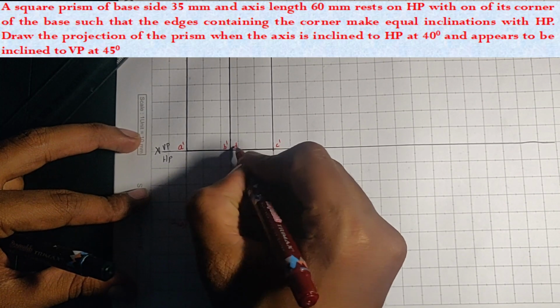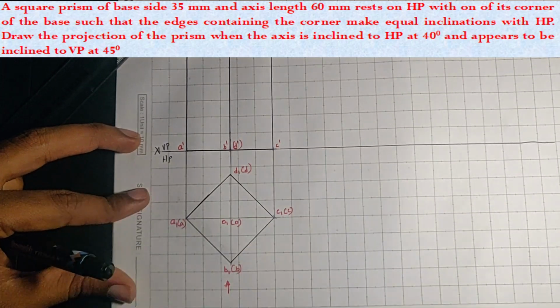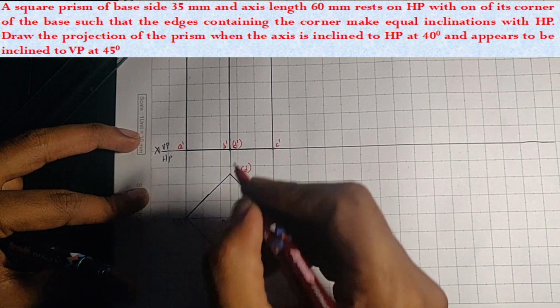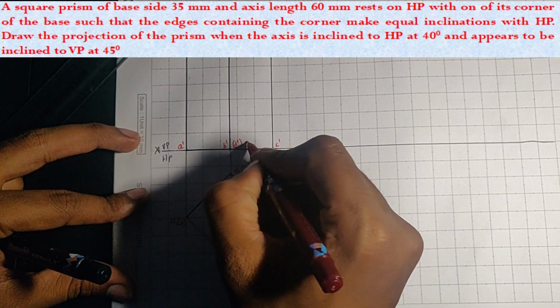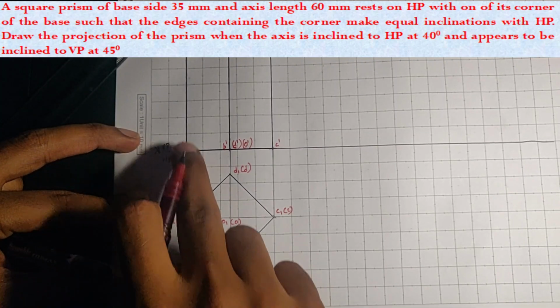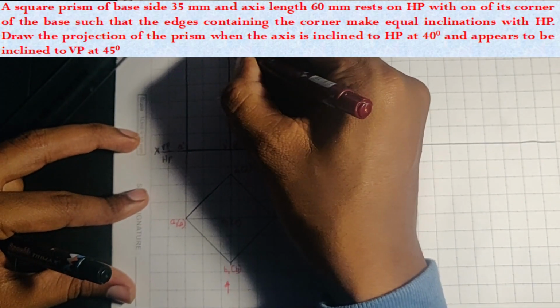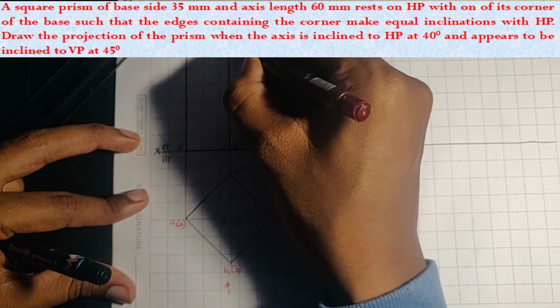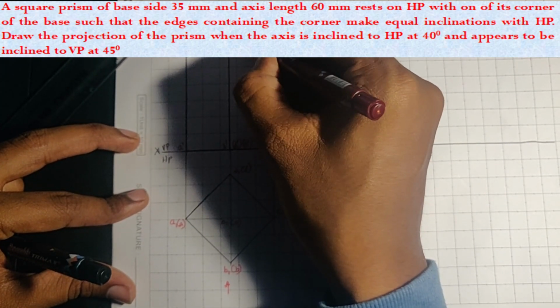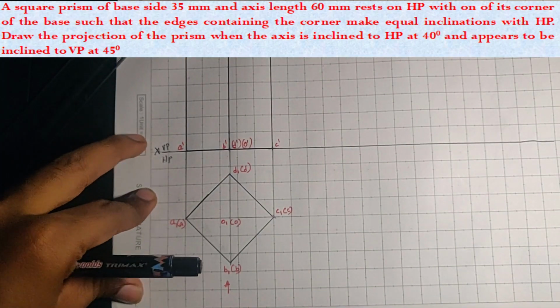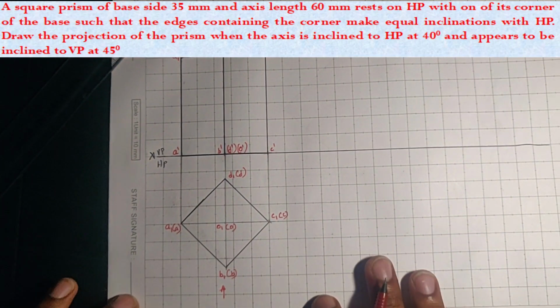Now coming back, you have D dash here which is hidden, so I'll write this in bracket. Let us also consider O here. O is also hidden in the front view, so I can write O dash in bracket. Similarly I can write this. So this becomes A1 dash, B1 dash, D1 dash in bracket, O1 dash in bracket, next C1 dash. So this is how you name the points, right? So this completes the first condition.